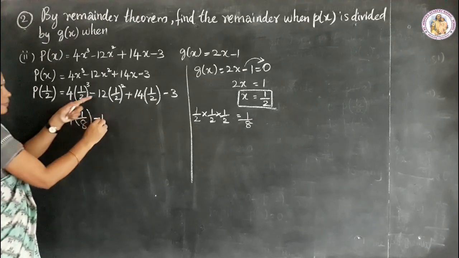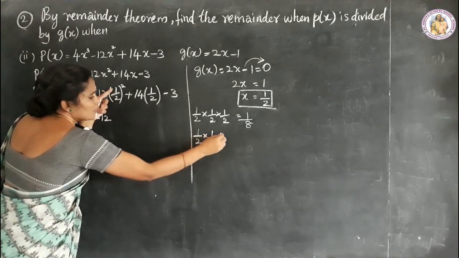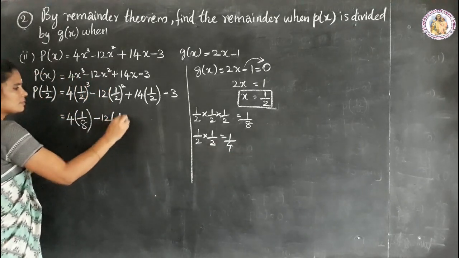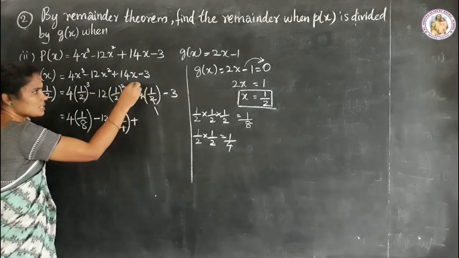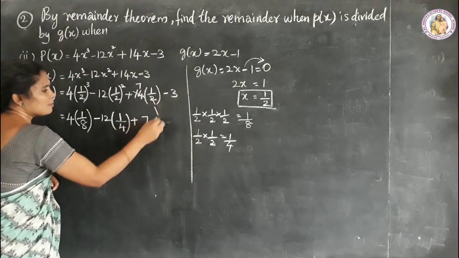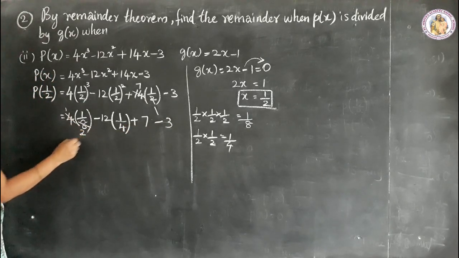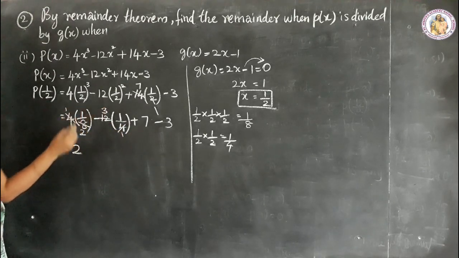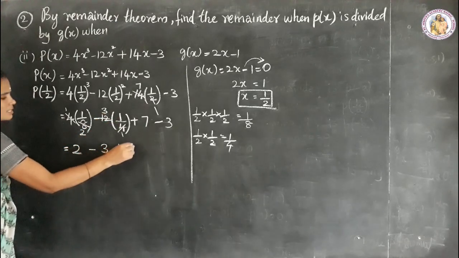Okay, minus 12. So 1 by 2, 2 times. So 1 by 2 into 1 by 2. That is 1 into 1, 1. 2 2s are 4. Plus, here you can see 2 7s are 14. So write 7 plus 7 minus 3. Okay, now here 4 1s are 4, 4 2s are 8. So in the next step write 2 and here 4 1s are 4, 4 3s are 12. Okay, minus 3 into 1, 3 plus 7.